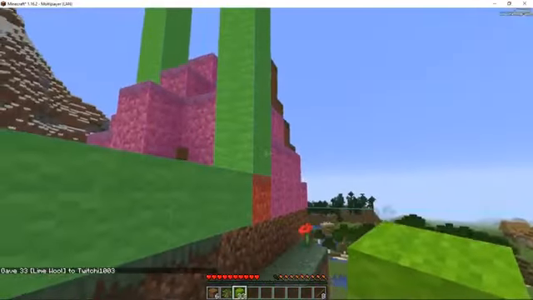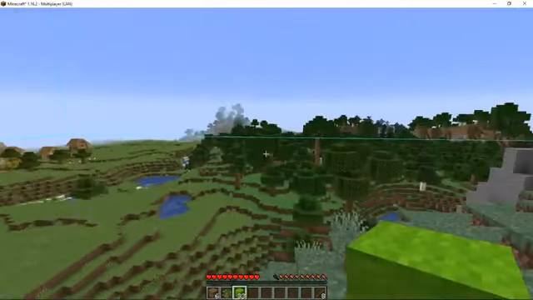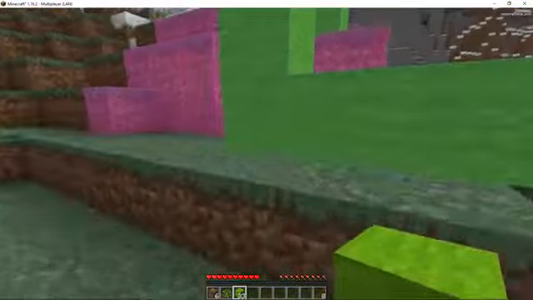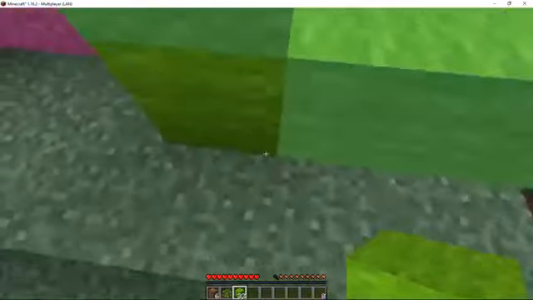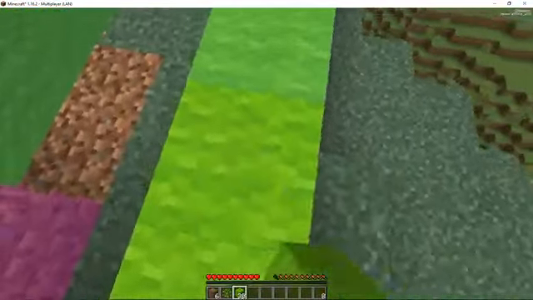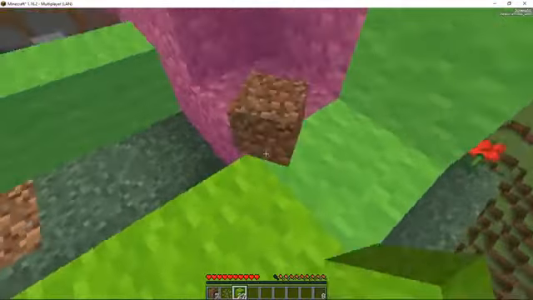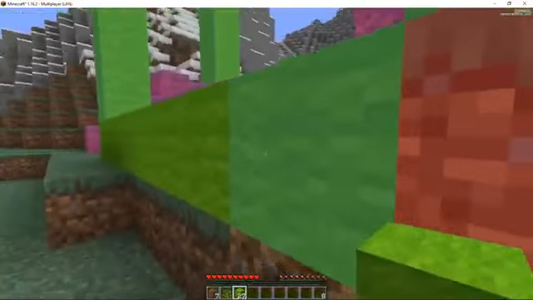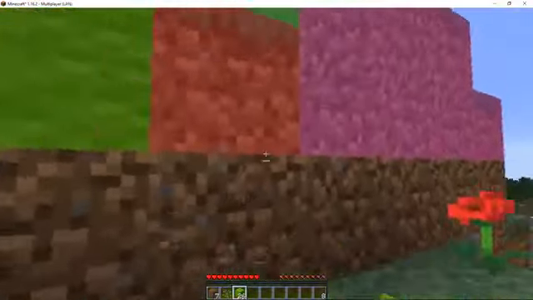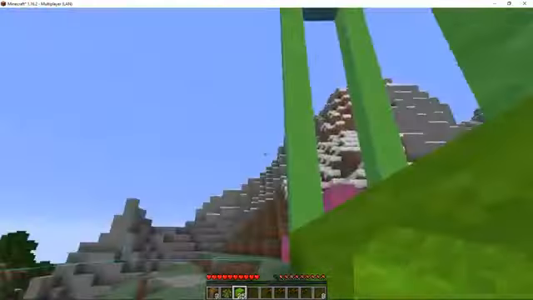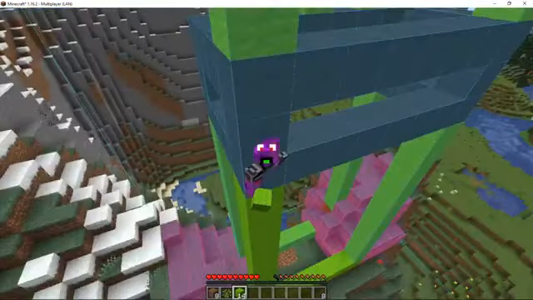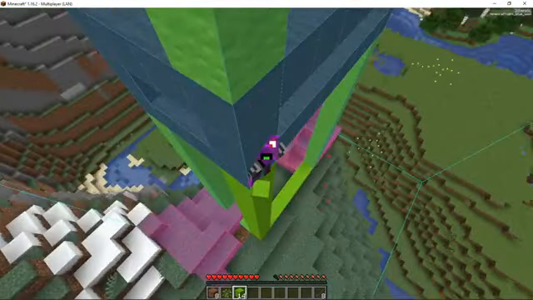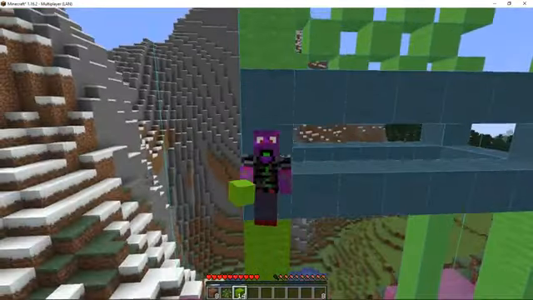So after finding a desert, cooking up some cactus, getting some bone meal, and mixing the two colours together, I got myself a whole bunch of this lime wool. And as you place it down, you can see that the hologram becomes just a little bit more real. After you get your eye in, you start to be able to tell the difference relatively easily here. Far too used to being in creative or having a light truck. I've pillared my way up here and I have no idea how to get down,